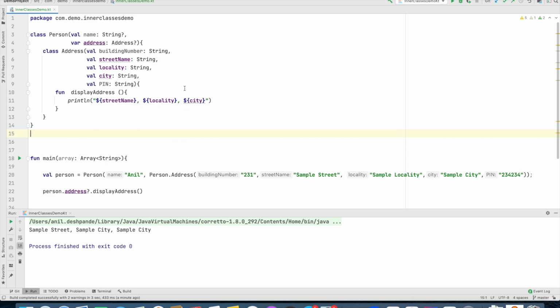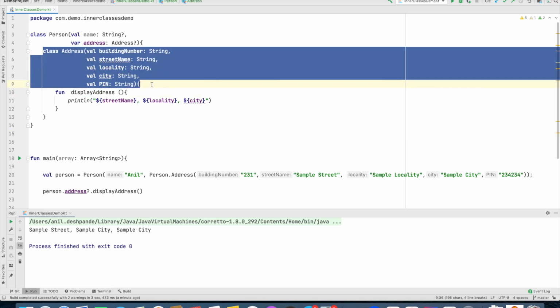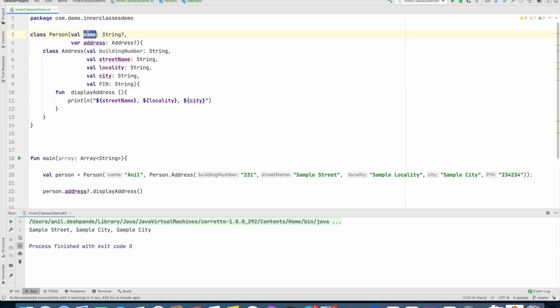Now the obvious next question would be, can this nested class access the name here? What I mean by that is, can I write this dot street name and execute it? And if I can execute it, can I write this dot name as well?